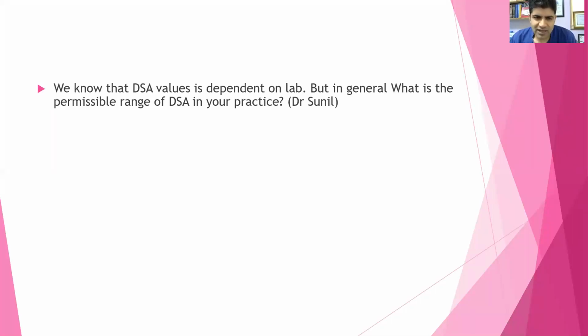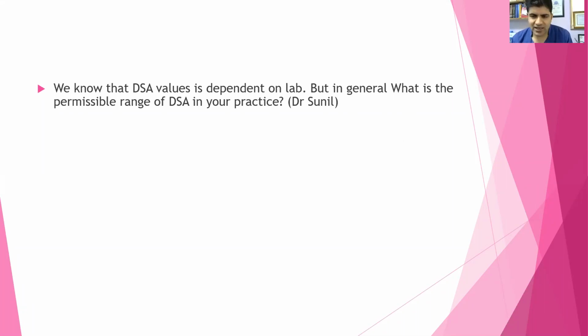That is number 1. Number 2, as I said, any DSA is significant. When we look at MFI values, there has been some work done, and more than 1,000 is considered positive, and more than 5,000 is considered highly positive. In every attempt, you should try not to select a donor with MFI of 5,000 and above, if at all possible. With the moderate ones, you can probably desensitize the patients. But even after desensitization, which Dr. Satendra was saying,